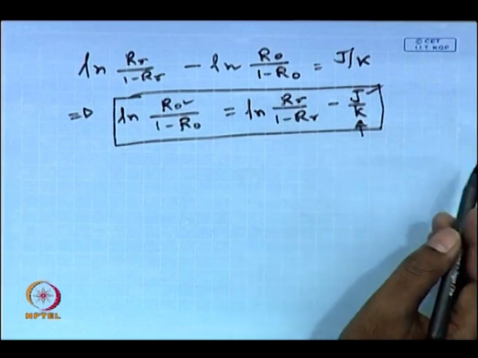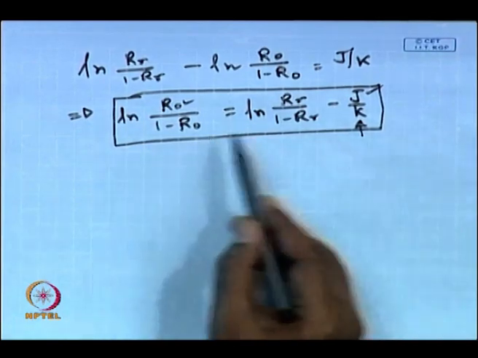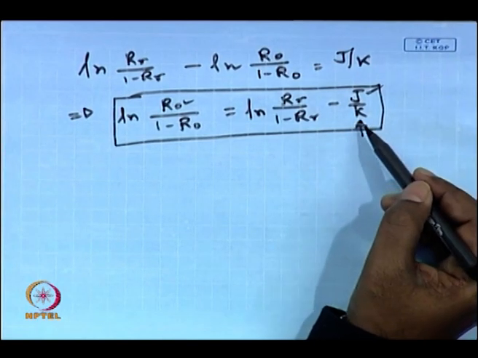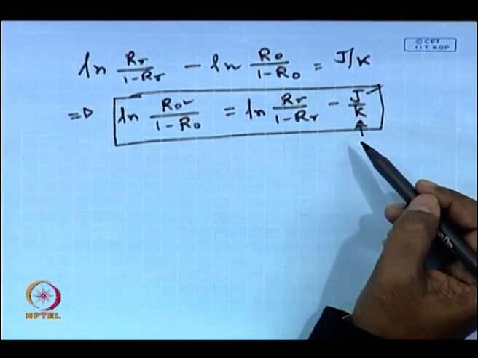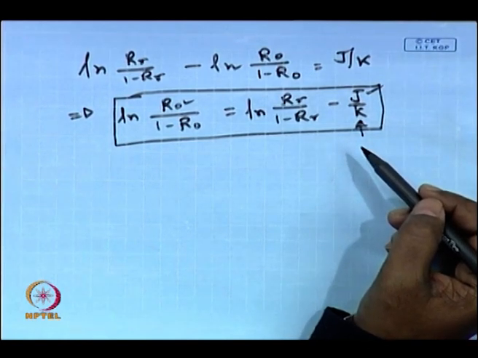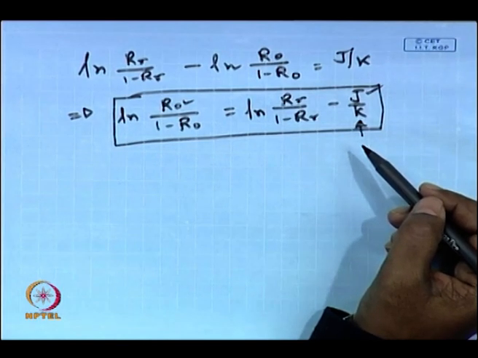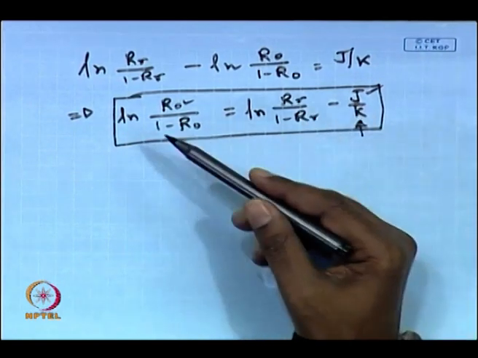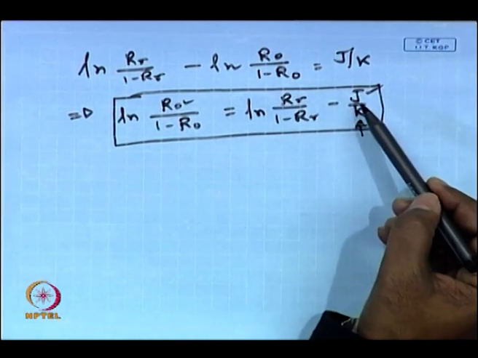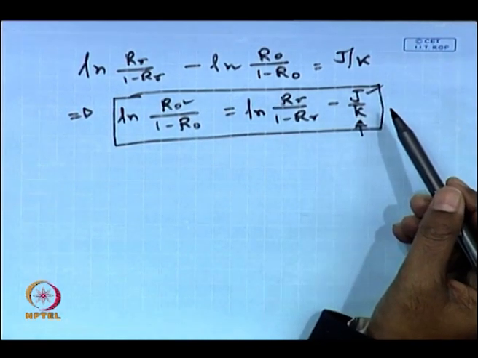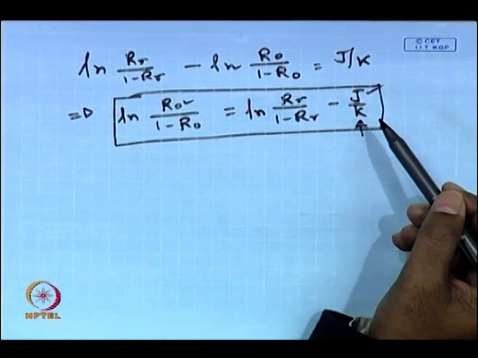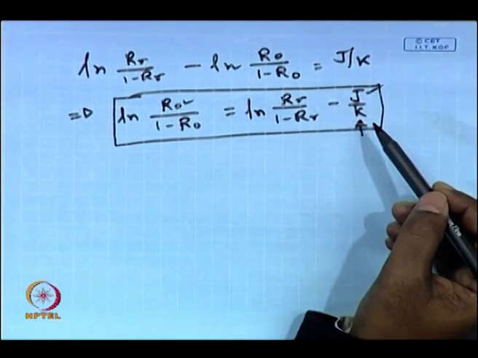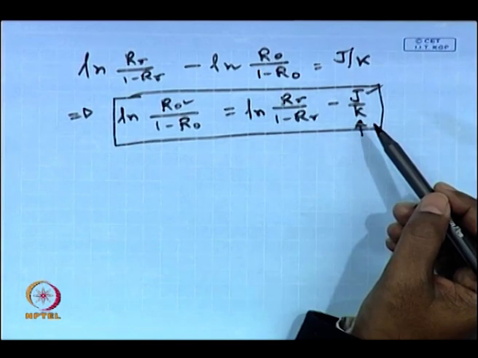Now, what you can do is vary the conditions. The condition you vary is the cross flow velocity or the turbulence in the system. If it is a stirred cell, you vary the stirrer speed. You conduct the experiment with one particular stirrer speed, let us say 1000 rpm, measure the permeate flux and the permeate concentration. So, you know the R naught and the J for that stirrer speed. Now, under the same delta P, you change the stirrer speed to, let us say, 1500 rpm, conduct the experiment, and know the value of J and R naught. Likewise, you can generate a series of data at various levels of turbulence.